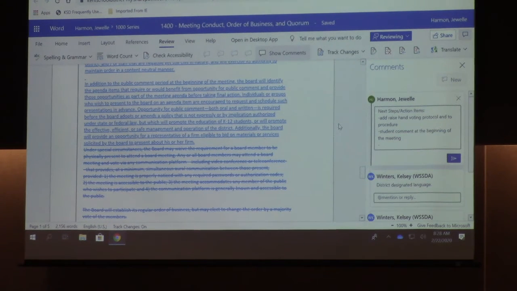The other piece that I want to point out too, and not to sway or anything like that, but just to bring to the front: if you're having comment at the beginning of a meeting, regardless of the length that you all decide, there's still the business meeting portion that would occur afterwards. So it's fine to know that that doesn't shift the length of a midnight meeting, it just shifts where conversation is happening, depending on how long you want to allow for that space of comment at the beginning. But it does publicly say that if you have to get up and you're a working person and you can't stay till 10, you have a 5 a.m. or 4 a.m. or 3 a.m. shift, your voice still can be heard, and you can come in, you can testify, and you can leave and get home and take care of your kids or whatever.